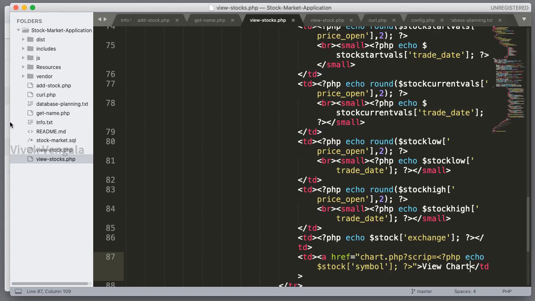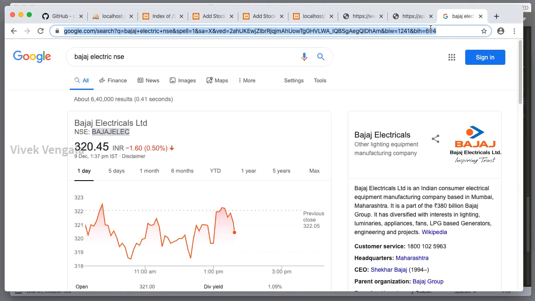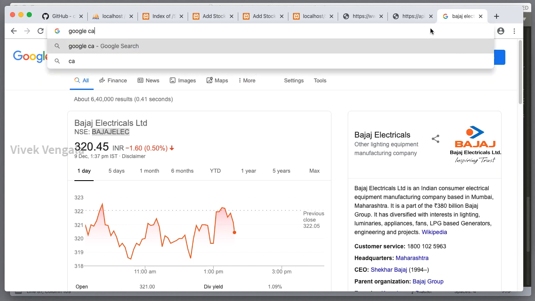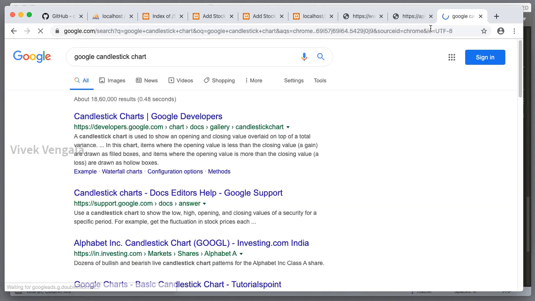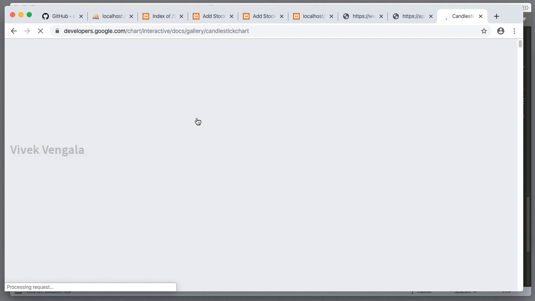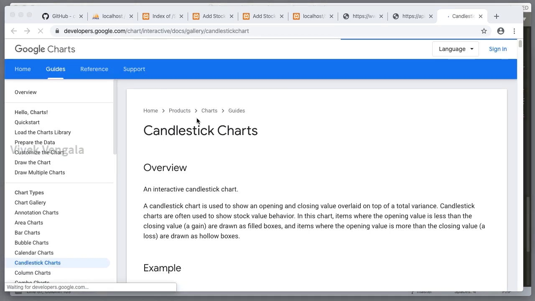Hello. This week in this video I am going to work on candlestick chart and also view stock page for displaying individual stocks information, that is daily information. Here I am searching for Google candlestick chart. Here is a link for candlestick chart